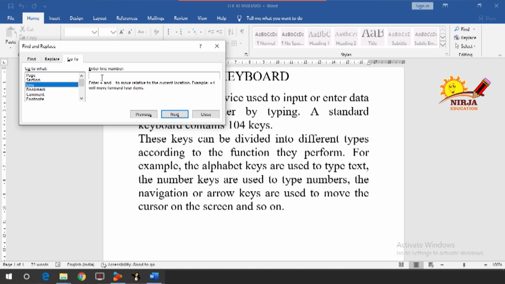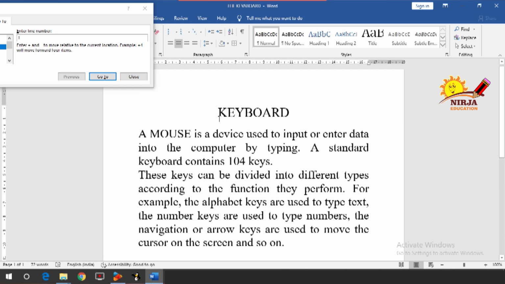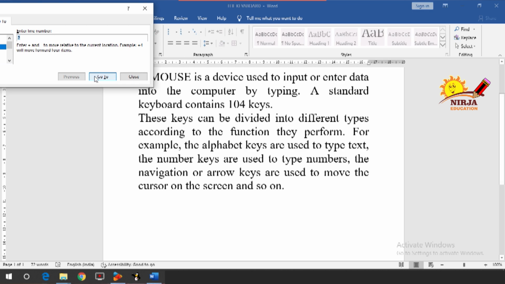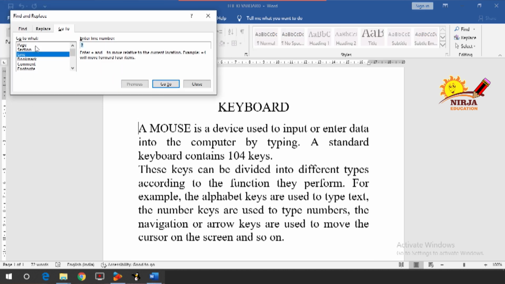Then line, so if I go for the first line, go to first line, as you can see over here, your pointer has been placed on the first line. If I click on the second line and go to second line, as you can see, your cursor has been placed at the second line. So this is how you use your Find, Replace and Go To option in Find and Replace dialog box.